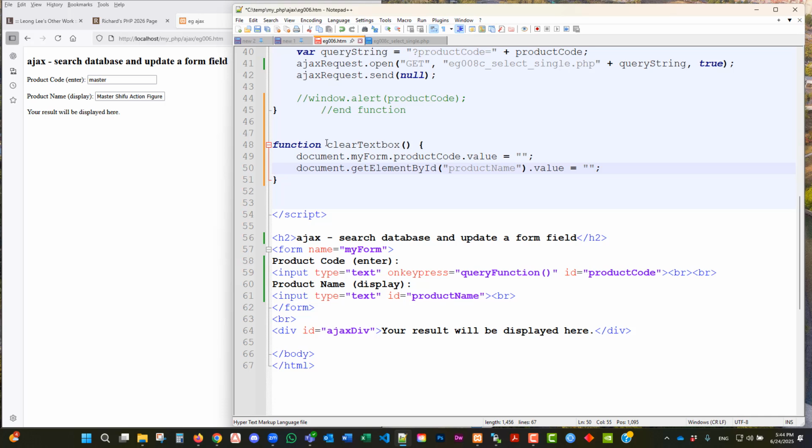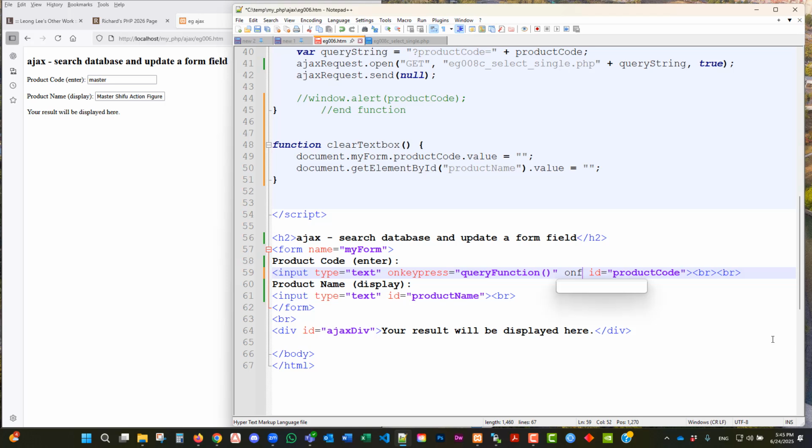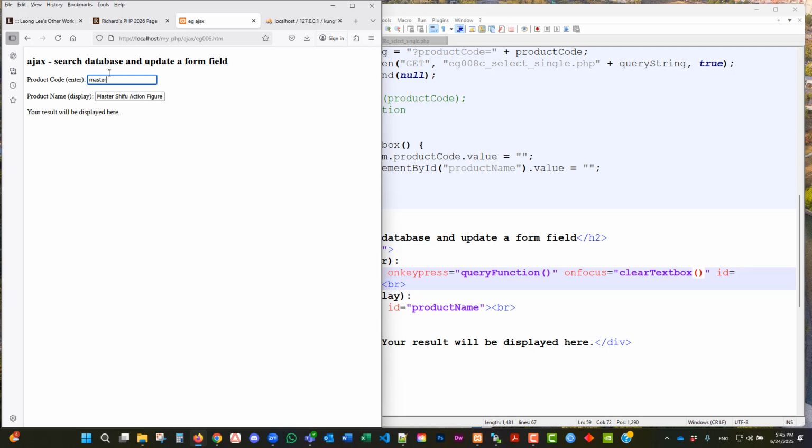And then you have to call this function. In order to call this function, you just add an on focus, another event handler. On focus, clear text box, Control C, Control V, Control S, reload. So now when you go somewhere and click here again,